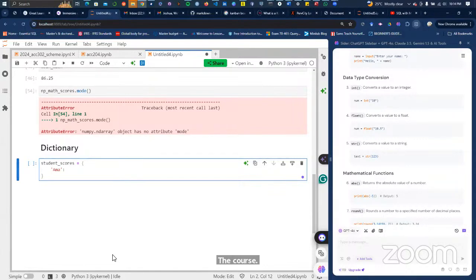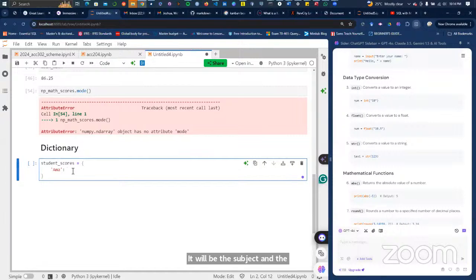So what we have to store is two things, the subjects and the corresponding score. For AMA, it will be math and its score, physics and its score, chemistry and its score.